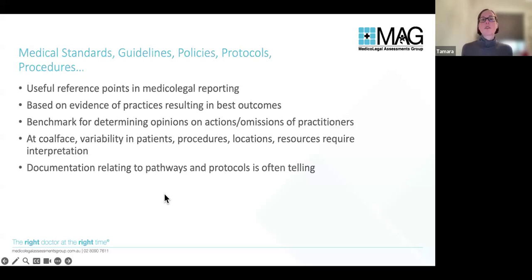They're also useful reference points in medical legal reporting, and I often do make sure I update myself on certain guidelines and policies whenever I'm looking at whether the actions or omissions of a practitioner can be considered to be best practice. And that comes right from those sorts of guidelines that might be difficult for people to access because they're contained on intranets of various institutions, to those that might be readily available, which we'll talk about, and right down to the forms and protocols and tools that are seen by us all when we get a medical record to do a medical legal report.